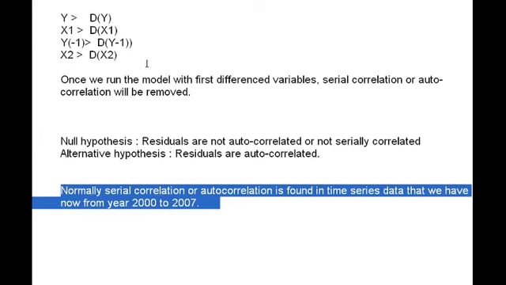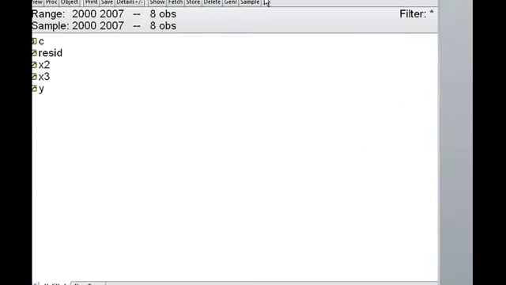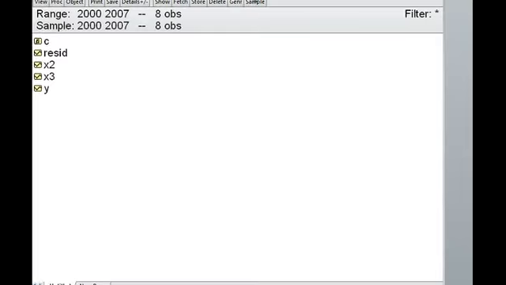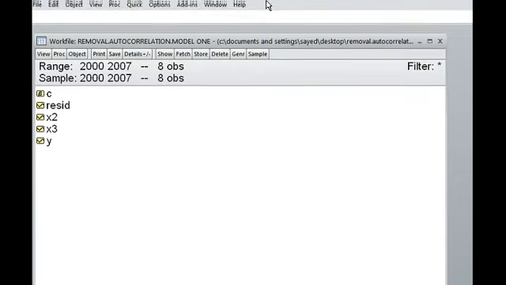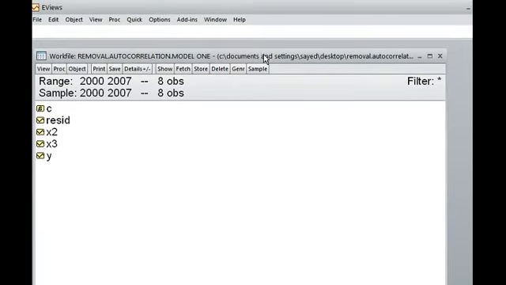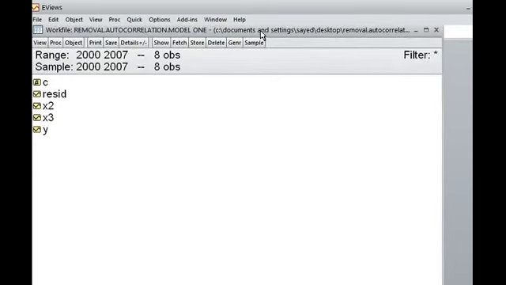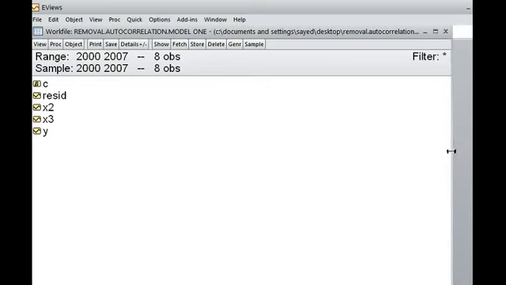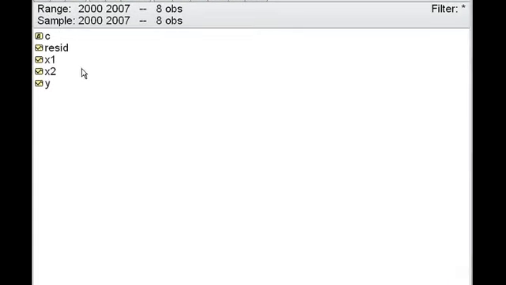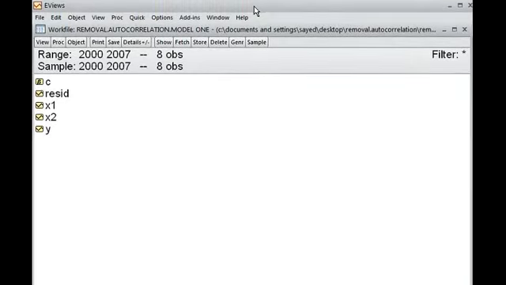Okay, now we open our model. You can see our model here, under the eViews program.